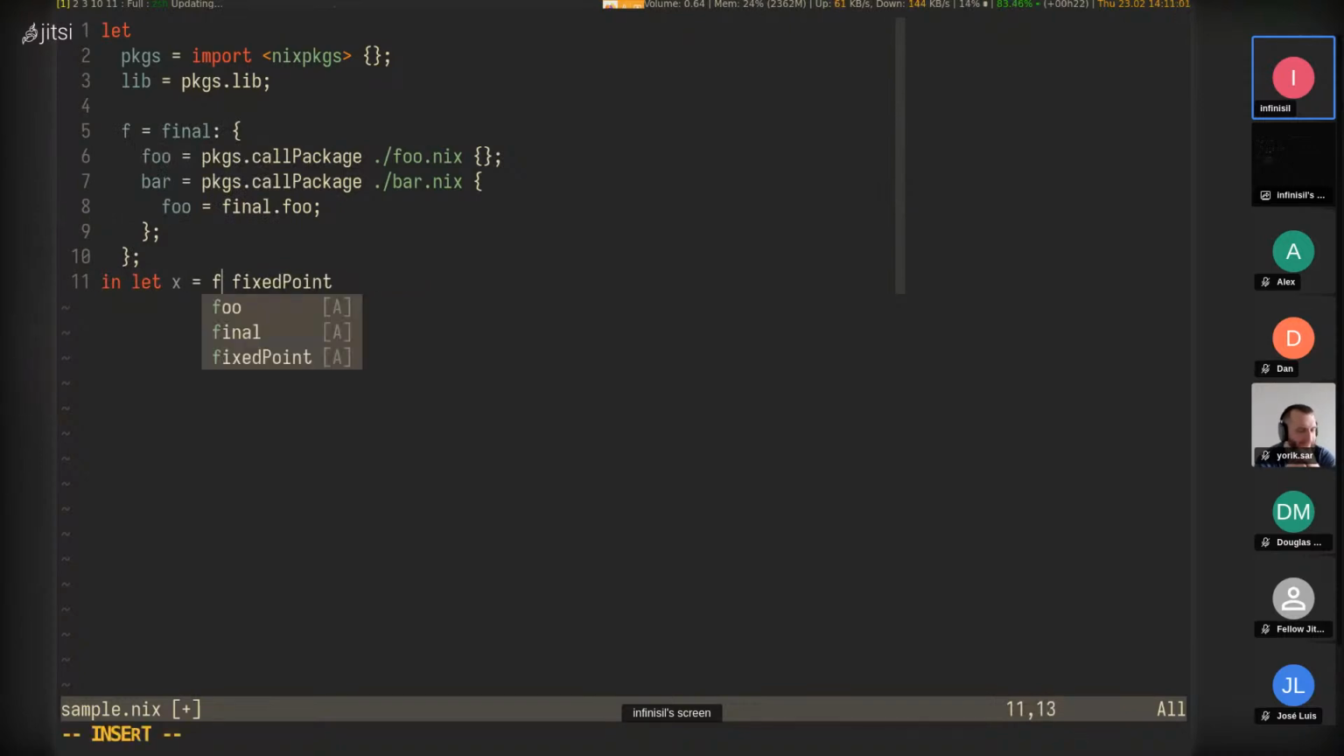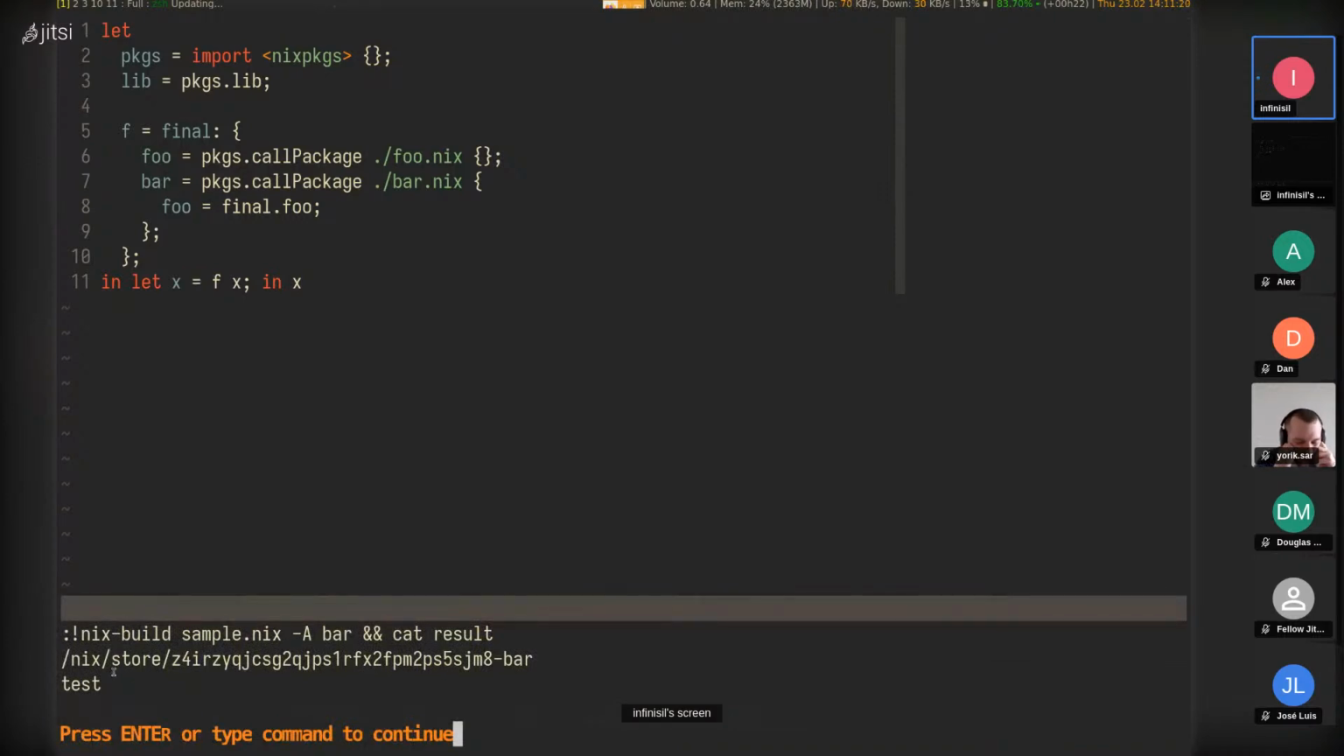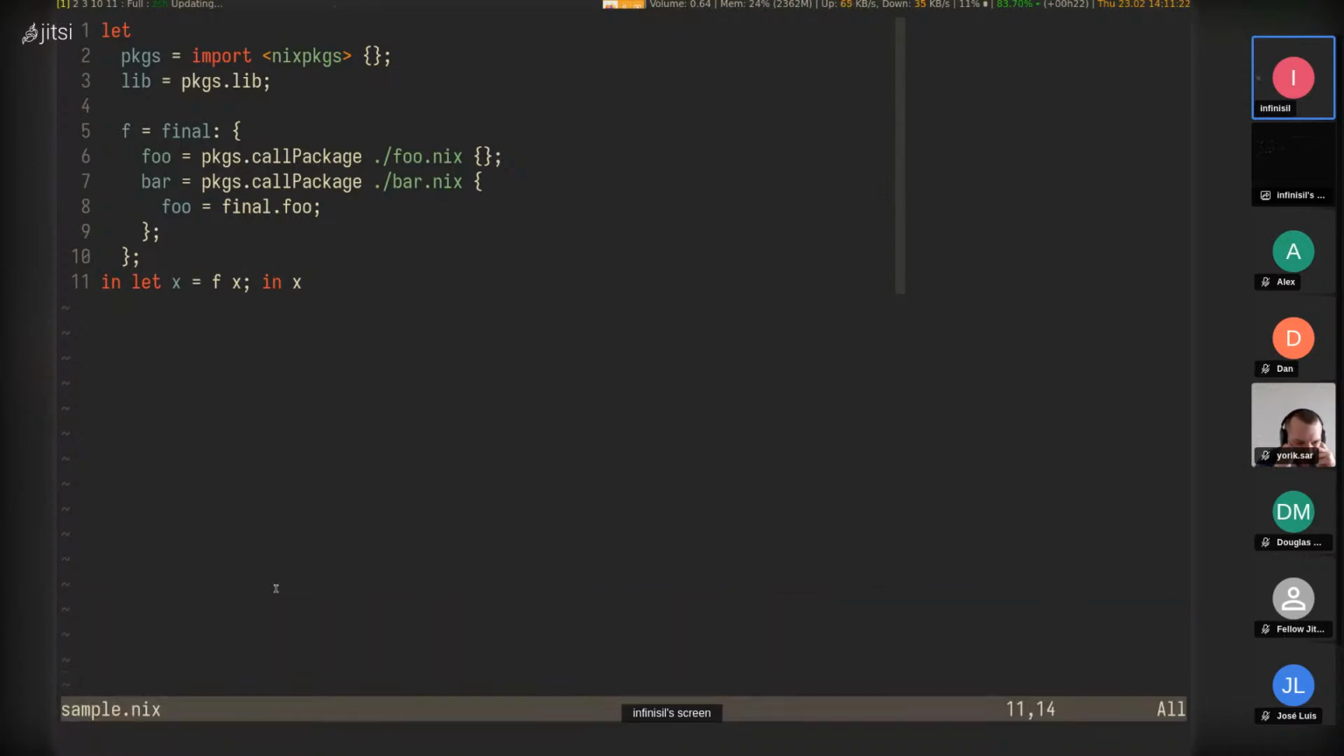So it creates x, and it applies x to f itself to get x. And so this works because Nix is lazy in nature. And so this won't give an infinite recursion here. And let's try this. So still build bar, and we can get the result. So this works, and this is the same as lib.fix